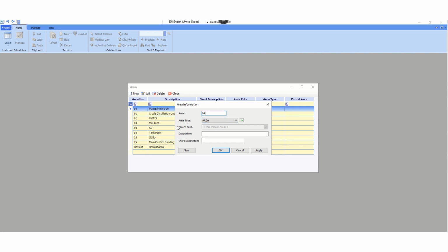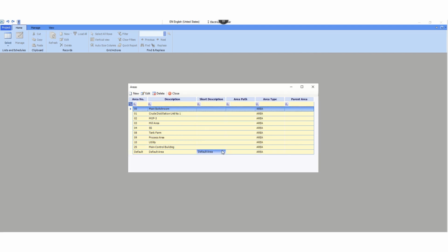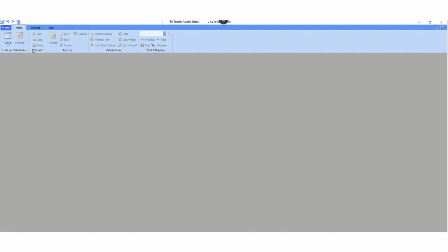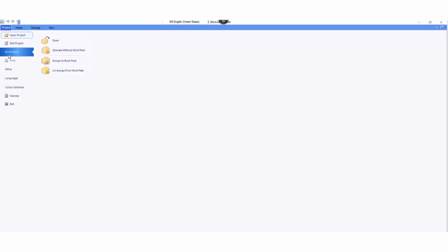suppose 09, and here the description, you can see process area, apply. Okay, so this 09 process area we have now created. Let's close this. Again go to setup,